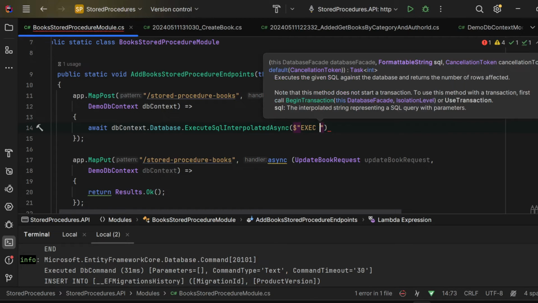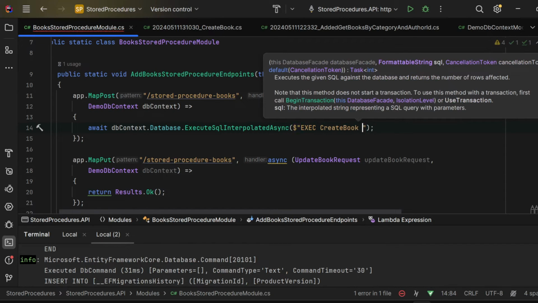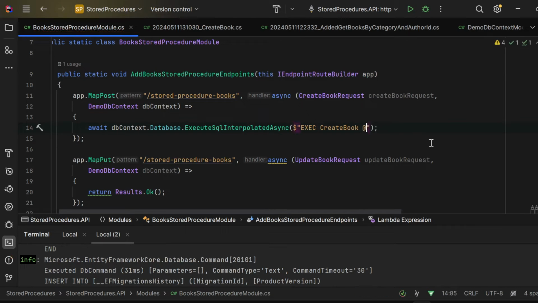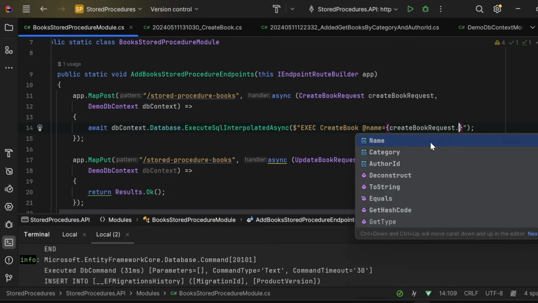Execute create book, and as the parameters we'll pass, the first one was the name, so name will be equal to the create book request dot name,